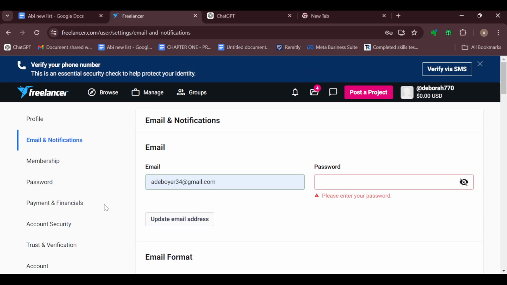This is how you can verify your email, or this is how you can change your account email, on your